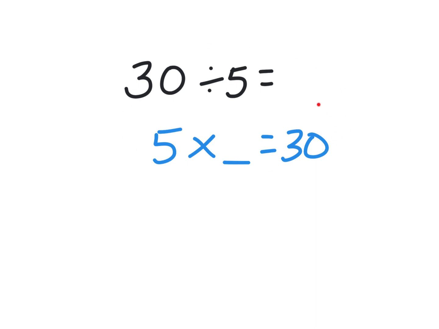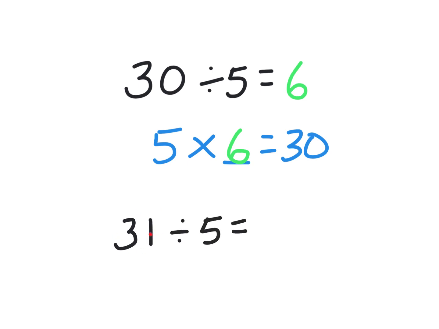So you've got this fact family here. You've got to figure out what's missing. Well, 5 times 6 is 30. So 30 divided by 5 must be 6. If you can find those facts, they lead you to finding